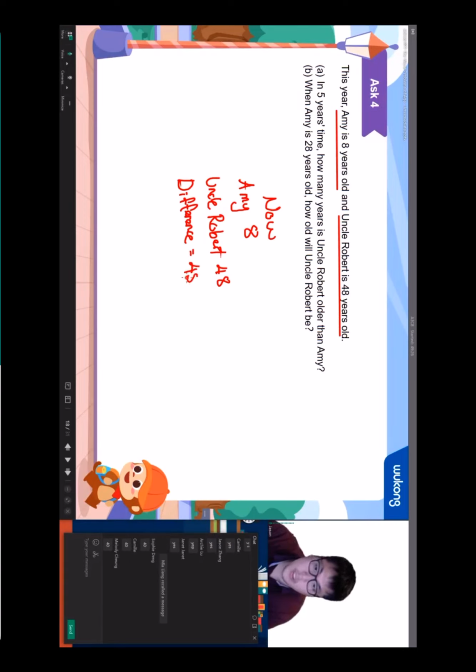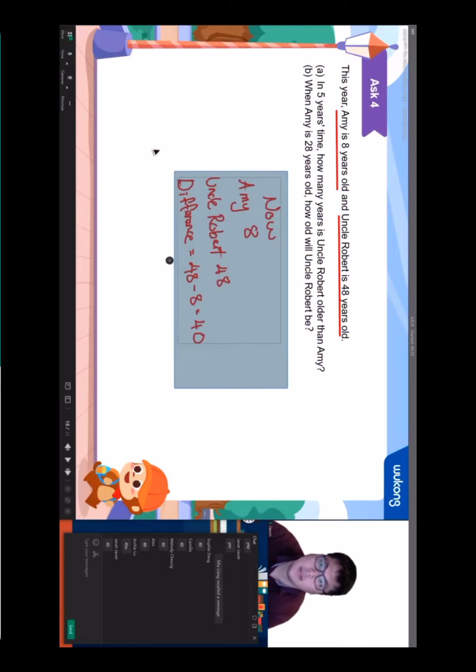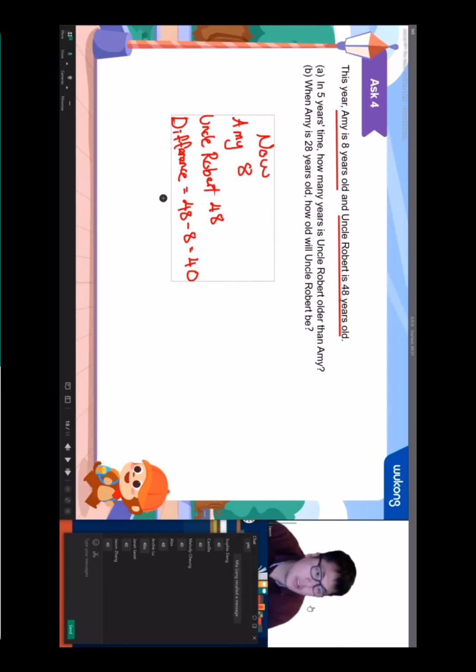The difference is 48, big number take away small number, which is 40. Yes, that's right. And now the question is saying, in 5 years' time, so that means after 5 years, which is the future,